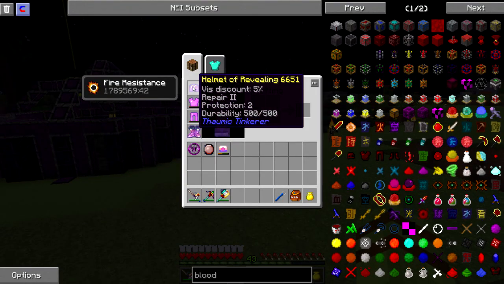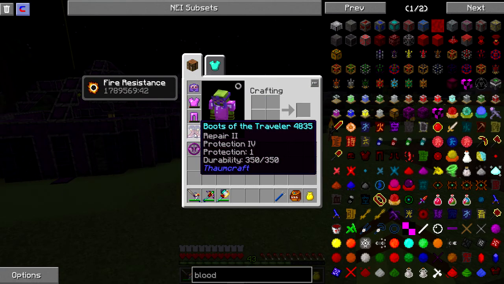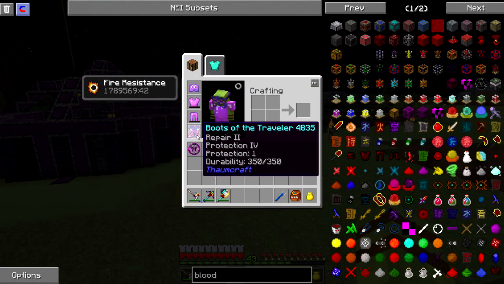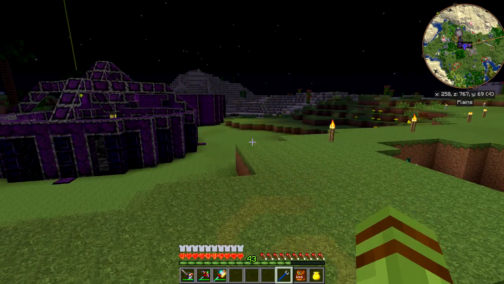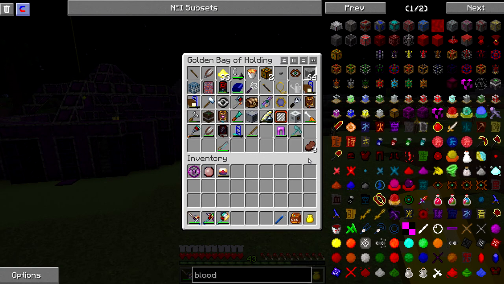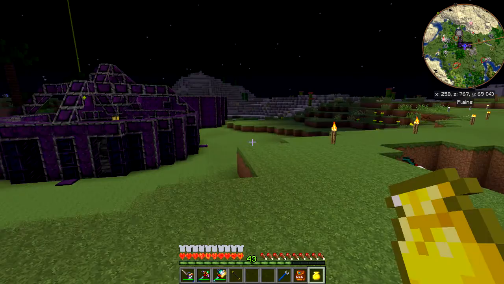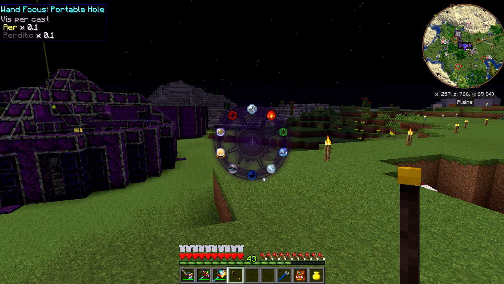Another thing is the Helmet of Revealing, which is a V discount, and plus it's the Goggles of Revealing with Repair 2. And I got Repair 2 on some Boots of the Traveler with Protection 4. Not bad, right? And then I actually have made quite a few other things. I made an Arcane Levitator because we were testing something. I got this guy here and this guy here. So if I go over the wand,